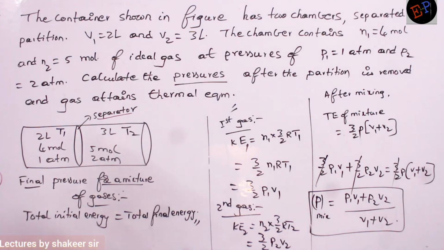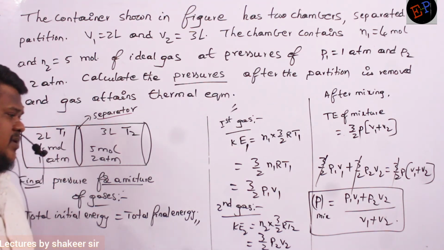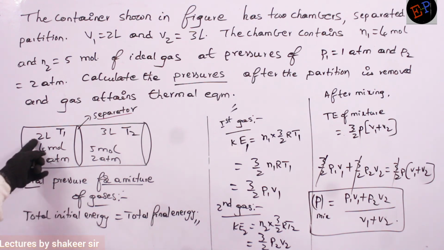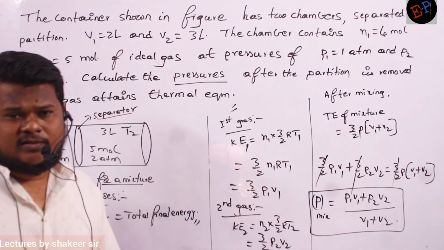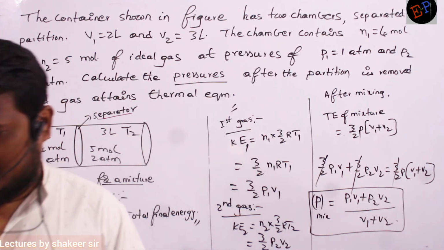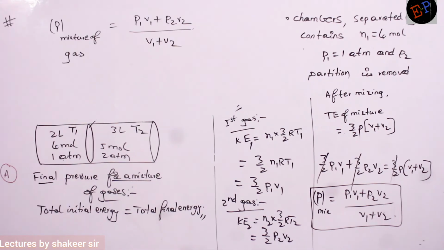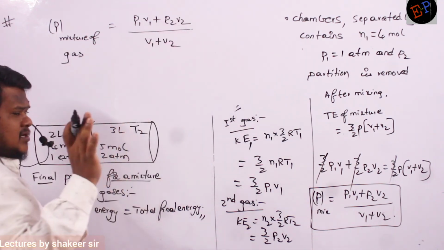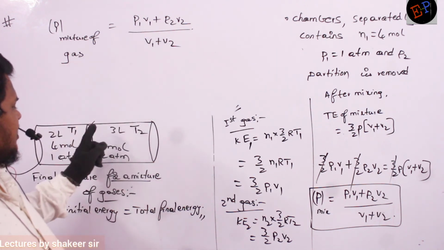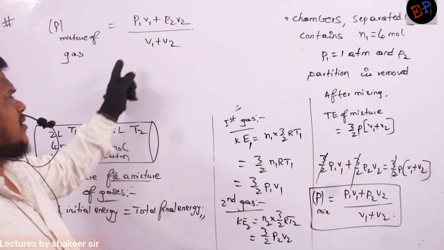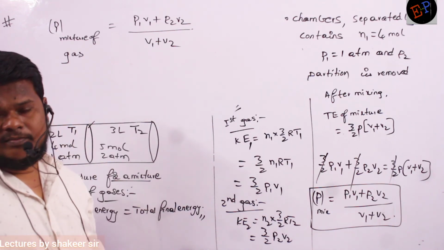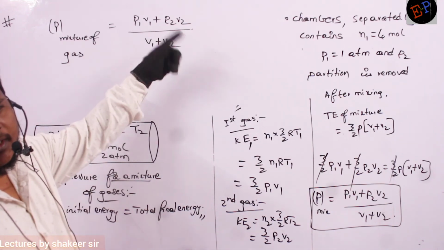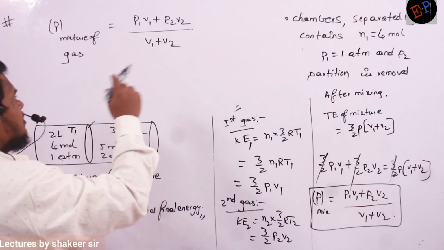So what is the pressure of the first gas? 1 atmosphere. It means 1 into 10 power 5 Newton per meter square, and volume is given in liters. If you want, you can convert that into meter cube. If you substitute pressures in atmosphere, you will get the answer in atmosphere only. And volume is given in liters, no? Liter is not an SI unit, you have to convert into meter cube. But the numerator and denominator factors will get cancelled, no? No need of substituting, directly you can write down.